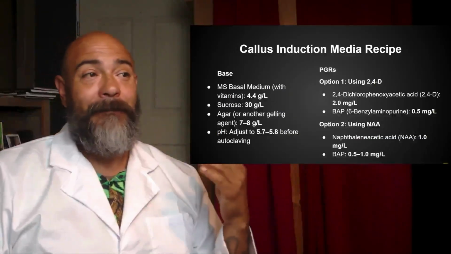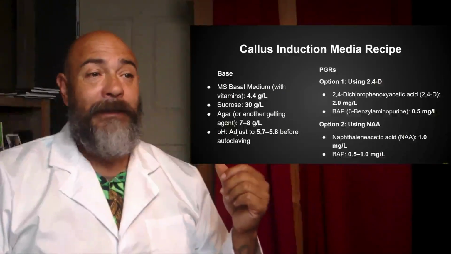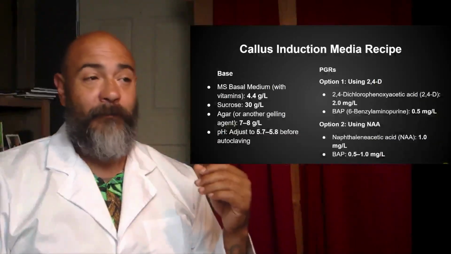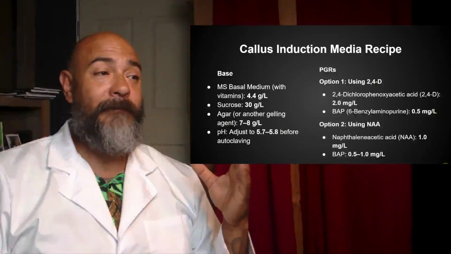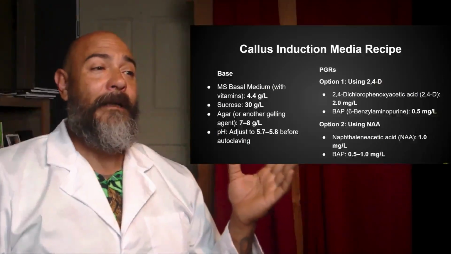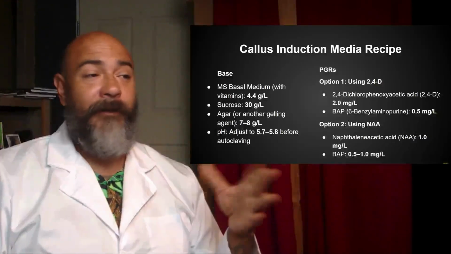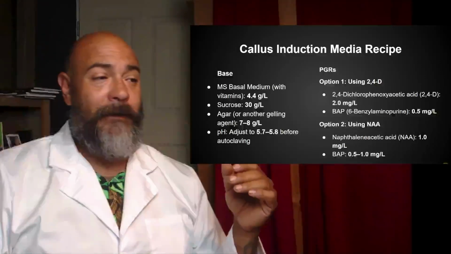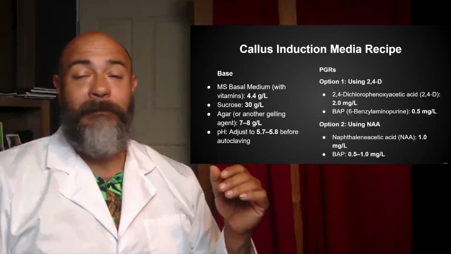So for me, this is a basic callus induction media recipe. If you guys want to take a screenshot or write it down. Your base media is going to be very similar to what we've spoken about before. That's going to be 4.4 grams of MS media, and I like to use the Murashige and Skoog with vitamins. That's per liter. And then we've got your sucrose at 30 grams. There again, about the same. Agar between 7 and 8 grams per liter. And you'll adjust the pH to 5.7 to 5.8 before you autoclave the